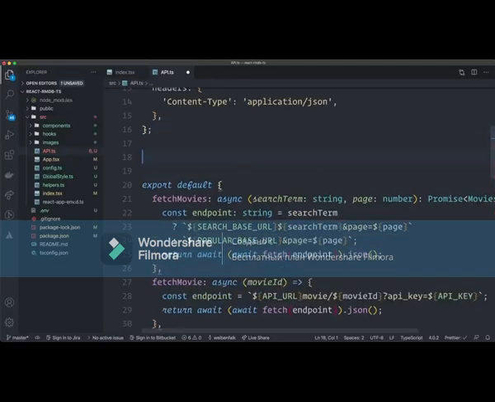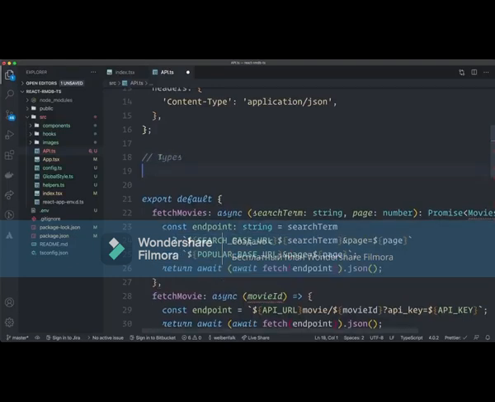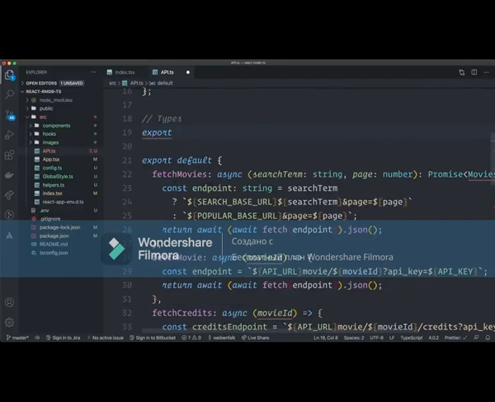And now we're going to create a type that's called Movies. And the actual data that we get back from the API has a lot of properties. So I'm only going to type the properties that I'm actually using inside of the application. So we can mark it with types here. And then I'm going to export this type because I'm going to use it in another file. So that's great. You can also export the types. You don't have to specify them all over the place. You can specify them in one file and you can export them and import them wherever you need them. So export type Movies